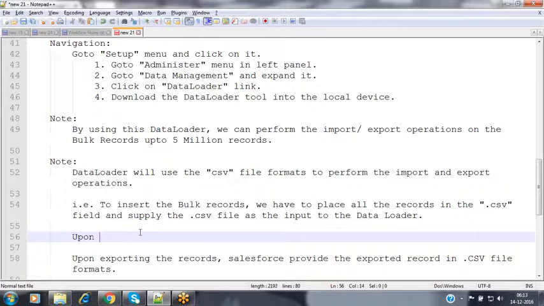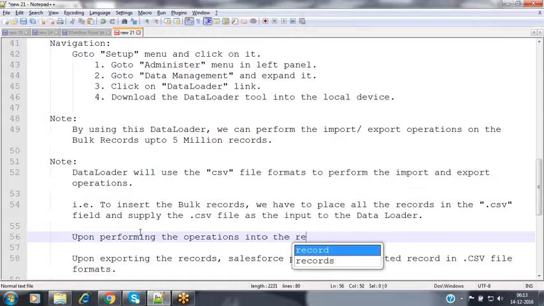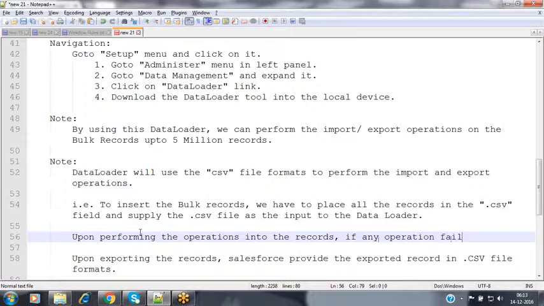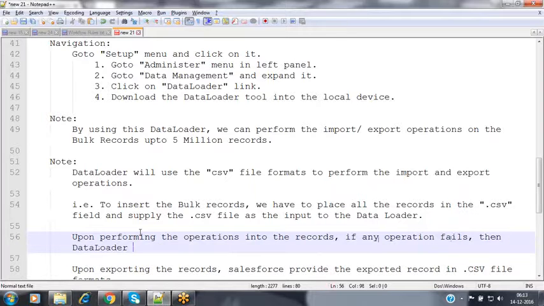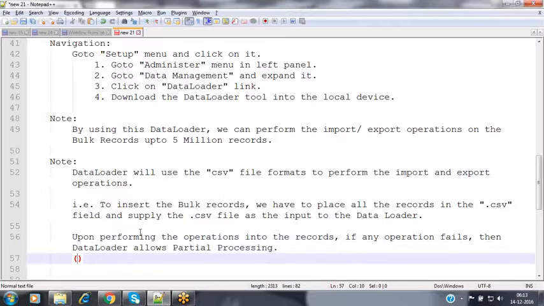Upon performing the operations on the records, if any operation fails, then data loader allows partial processing. Partial processing means that instead of cancelling the whole transaction, it will continue with the rest of the records as well.